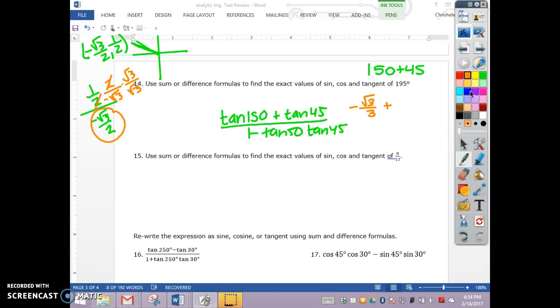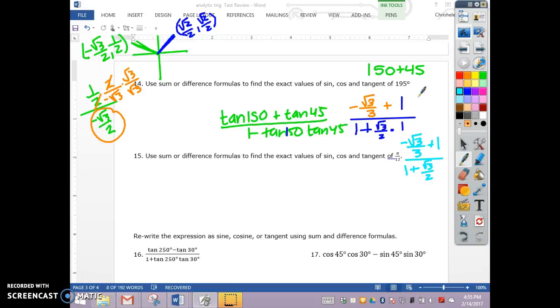Now my favorite is tangent of 45, because 45 degrees is right here, and where our ordered pair is square root of 2 over 2, square root of 2 over 2. When you divide those, you get 1. Then we have 1 minus, and then that tangent of 150 again, which is negative square root of 3 over 3. So I have that negative negative becoming a positive, times tangent of 45, which is just 1. So you could just leave it like this. It's really okay. Negative square root of 3 over 3 plus 1 over 1 plus square root of 3 over 3. Really, you shouldn't leave a fraction within a fraction, and you shouldn't leave a radical in the denominator, but